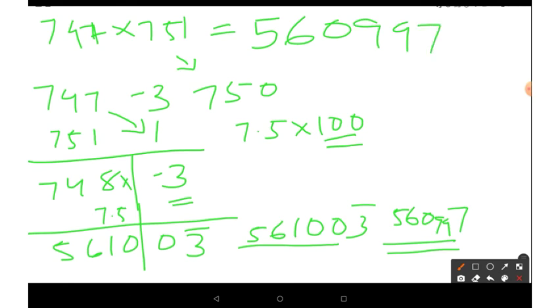Okay. So in all these cases, see what you are multiplying. You are multiplying with 7.5. It is a decimal number, but now you got a number without decimal. Suppose when you multiply with 7.5, you are getting a decimal, something like 561.5 or 72.5. In that case, how will you do it? When you multiply with 7.5 or 2.5, if you are getting a decimal number, how do you tackle that? Okay, we will discuss that example.